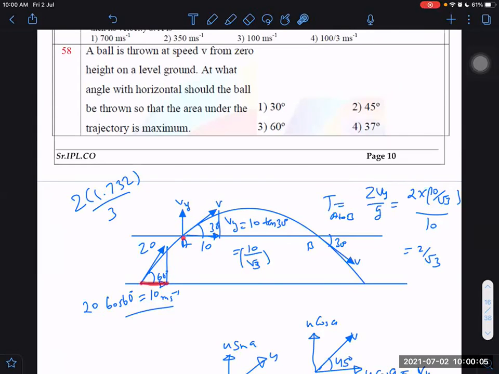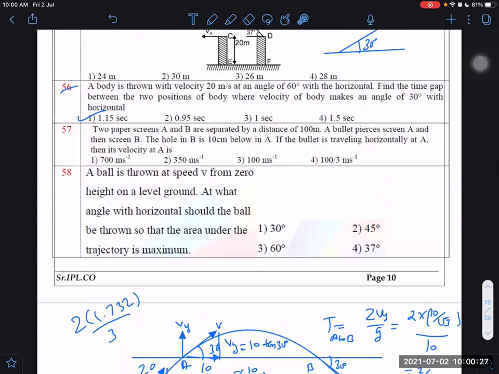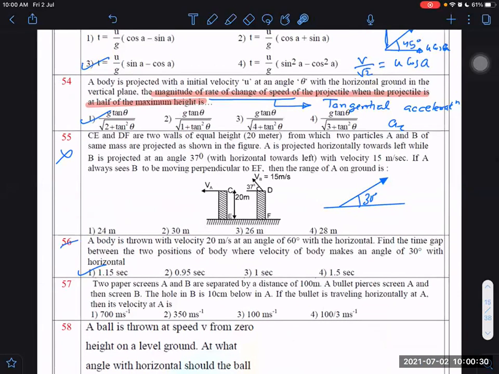Horizontal velocity is 10 here. It is 10 here, and it will be 10 tan 30 degrees vertical velocity. So we get time from A to B as 2 Vy by g. But Vy we are getting from this right-angle triangle. Horizontal we know is 10, then vertical will come 10 tan 30, which is 10 by root 3. Then the time is 2 by root 3 approximately. Now there is no answer 2 by root 3, but we can write approximately 2 root 3 by 3, which is nearly 1.15. We can take g as 9.8 also. If options are very close, then we should pick the answer which is more appropriate by putting in the 9.8 value.